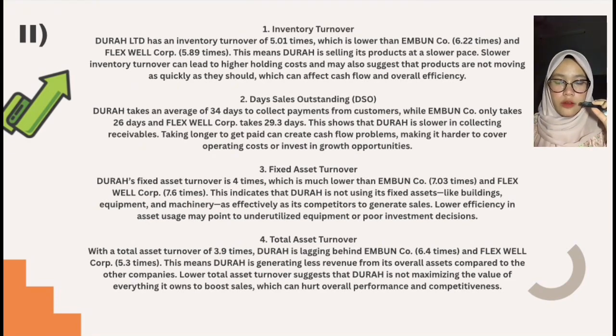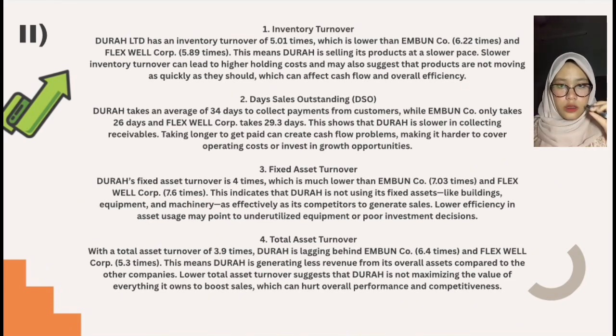So for the next ratio, which is days sales outstanding, Dura takes an average of 34 days to collect payments from customers, while Ambon Co only takes 26 days and Flexwell Corp only takes 29.3 days. This shows that Dura is slower in collecting receivables. Taking longer to get paid can create cash flow problems, making it harder to cover operating costs or invest in